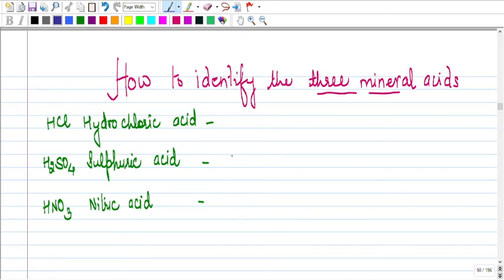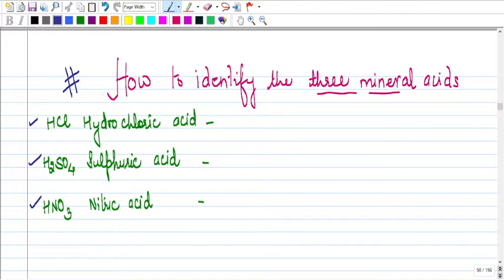Hello students, we are going to take up the topic today to identify the three mineral acids. So what is the question? The question is, how will you identify the three mineral acids? And what are these three mineral acids? These three mineral acids are hydrochloric acid with formula HCl, sulfuric acid with formula H2SO4, and nitric acid having formula